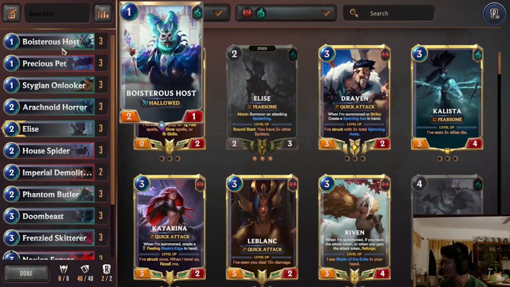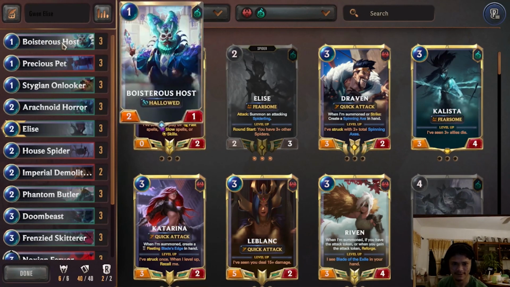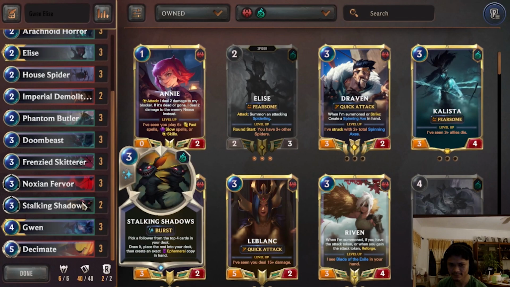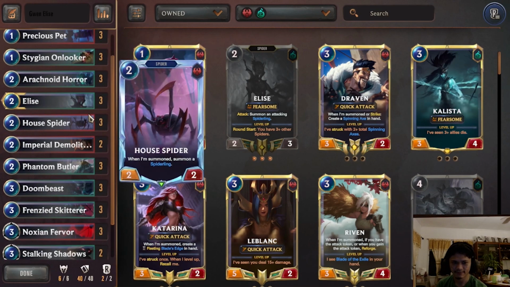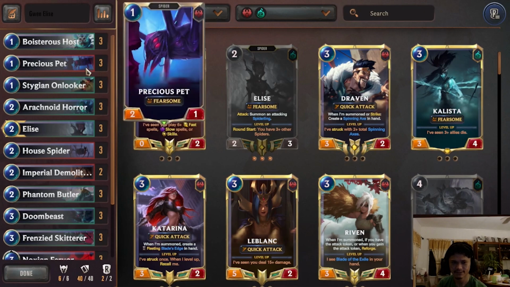I've invested a lot of games into it, and I know how to play it quite well because it's really similar. It's pretty much the old spider aggro, but with hollowed units. So if you know how to play spiders, it's really good. And yeah, let's get into the deck. Essentially, our win con is aggroing our opponent down with fearsome units, and we start with 3 one drops, 2 fearsomes,